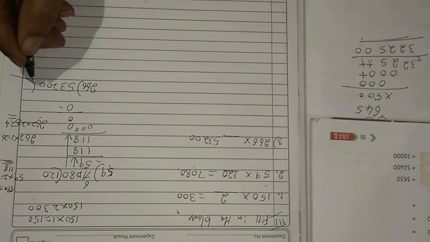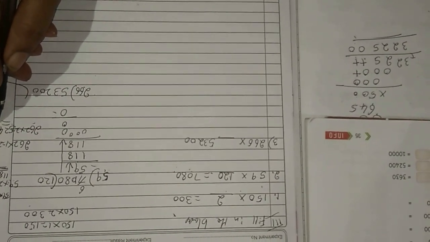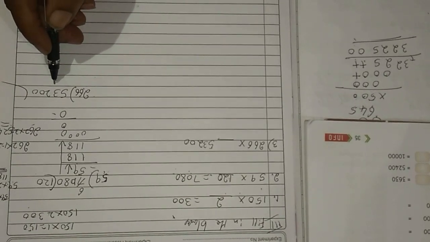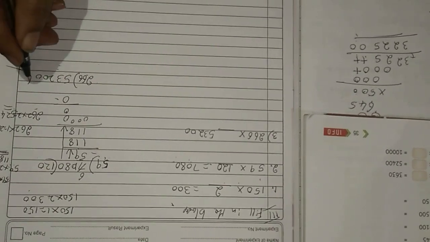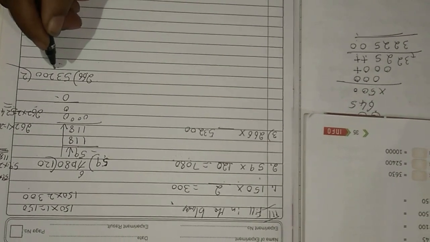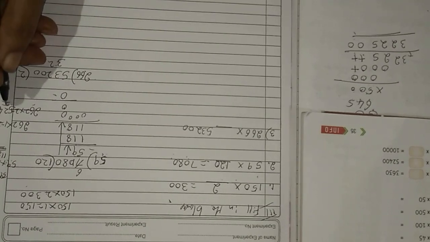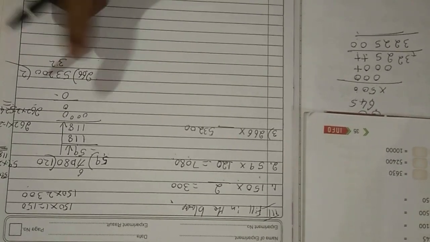See, 2 6s are 12, 1 carry. 2 how many times? 524 came. So you want how much? 32. So you can take 2s, 262 2s. See, 2 6s are 12, 1 carry, 2 6s are 12, 1, 13, 1 carry, 2 2s are 4, 1,